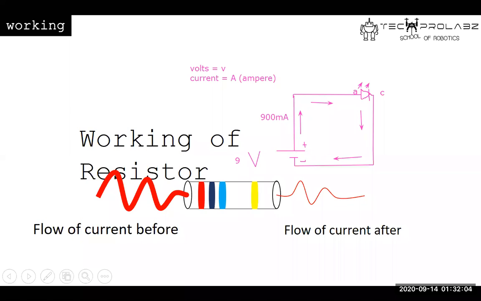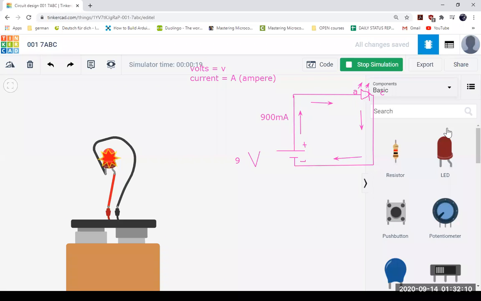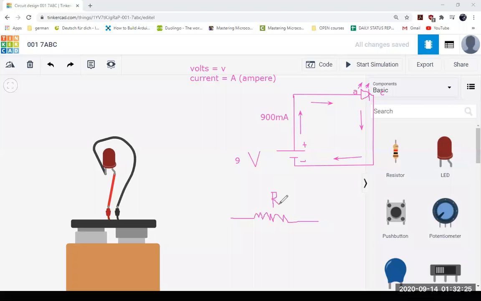So if I want to draw this, how we can draw it? On paper, we draw the resistor something like this. I'm drawing it very roughly, and we denote it by R. So this is how we draw a resistor.